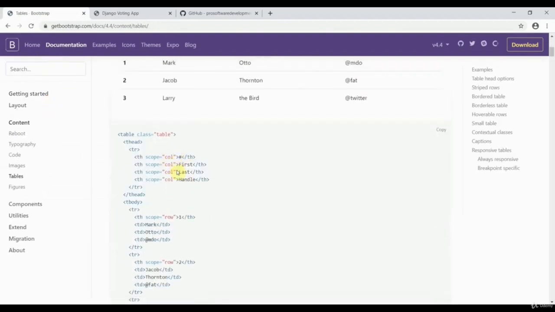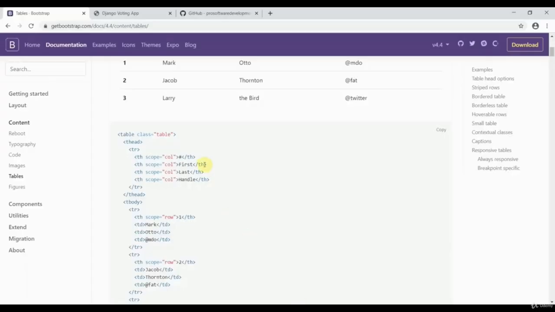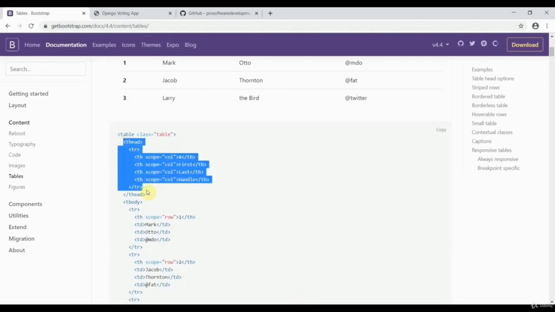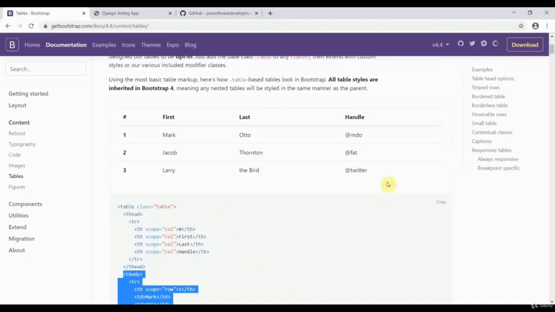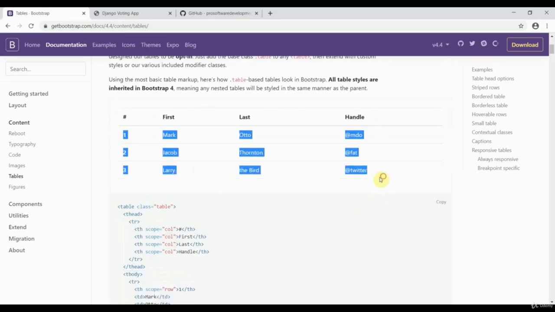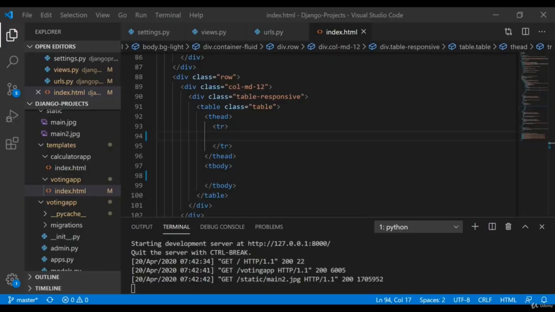So we have to add a scope. Basically we have added a table, so we have to add a scope. So we shall do the table header. We are first going to define the table header, then we are going to define the table body. Okay. So this all is the header part and this all is the body part. Okay, so let's get started. So we have to add a class called in the scope, then we'll make the header.